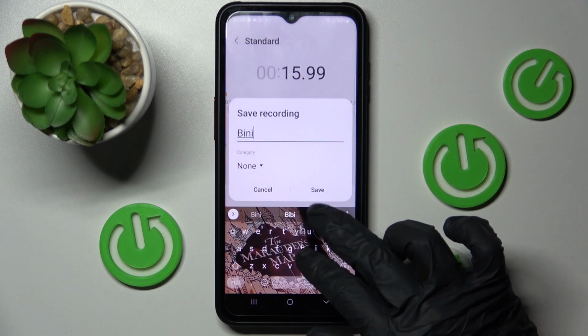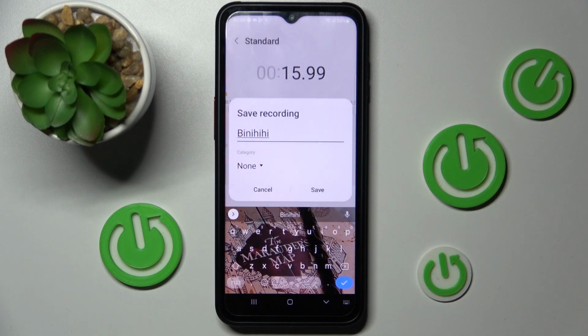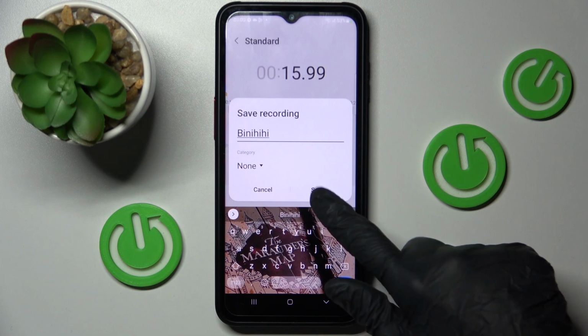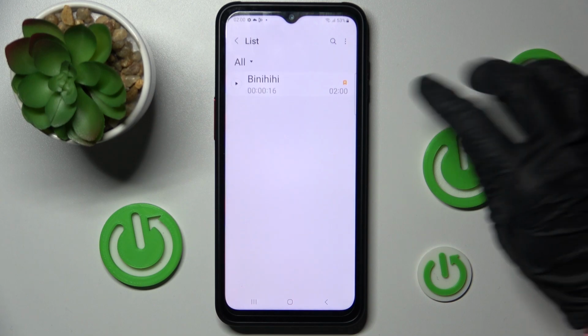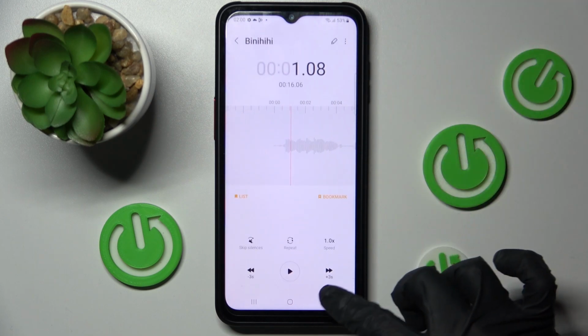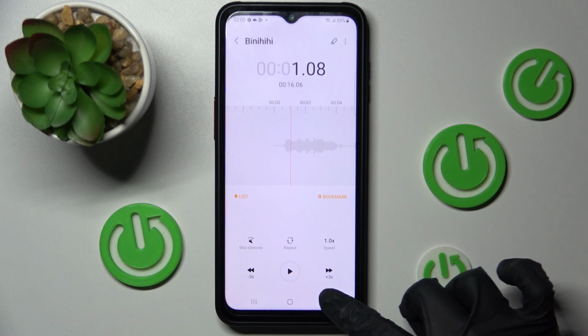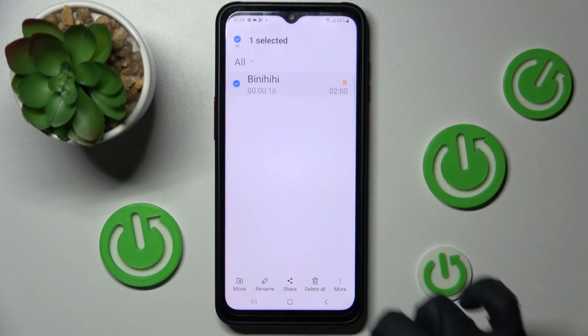Now you can name your recording however you wish to and save it by choosing save at the bottom right corner. As you can see, mine is over here. In order to play it, click on it. In order to get rid of it though, you need to go back, hold it and select delete all icon